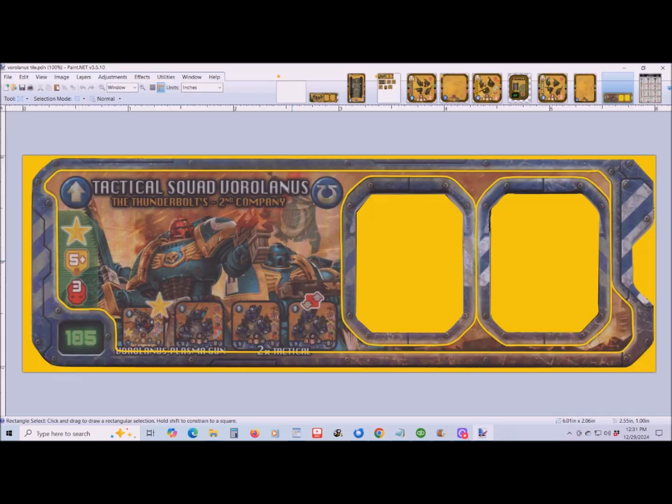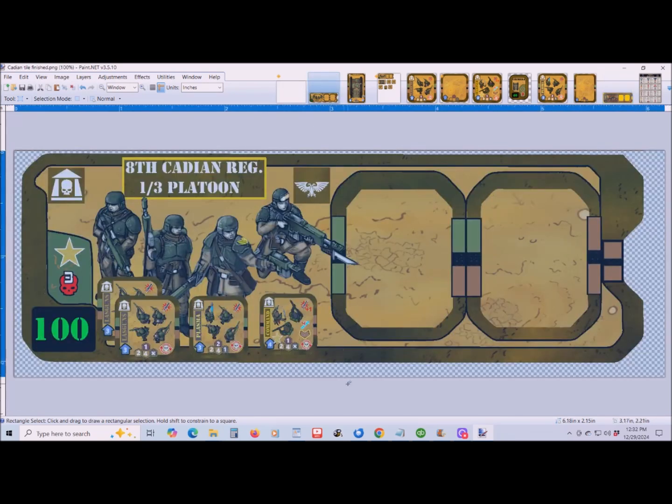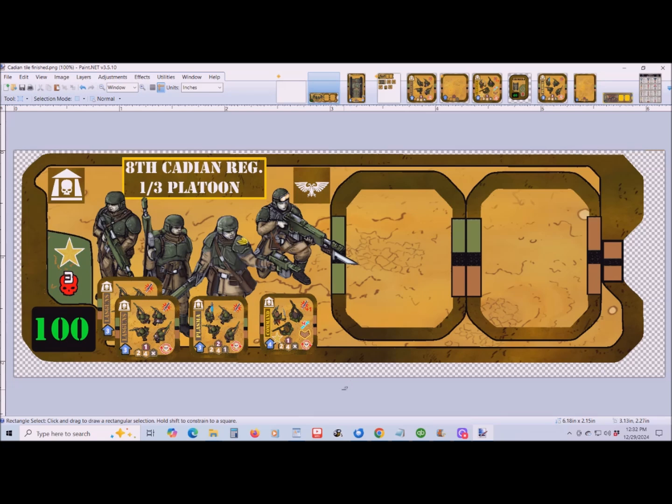Let me show you here. This is one that I scanned, and I drew around it to get the proper size and the proper layout. This is a tile from the 40K game. Mine's nowhere near as nice, but it's functional. So basically you just take my blank tile and paste on what you want. I'm using his isometric soldiers artwork here,